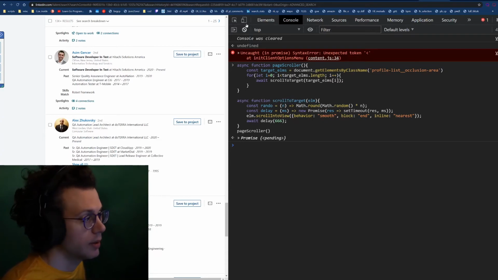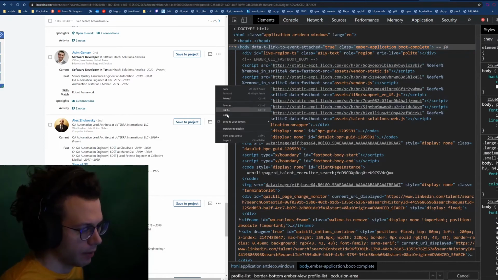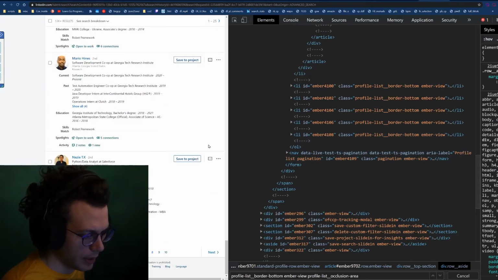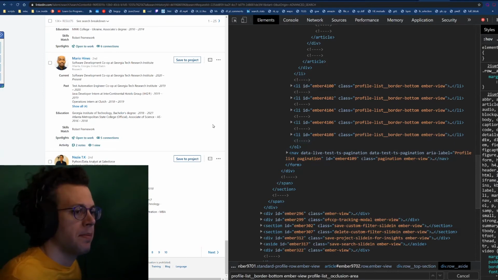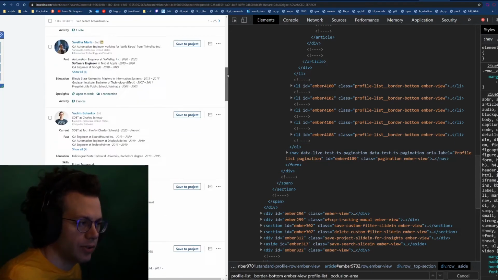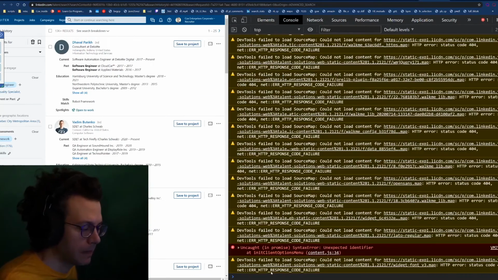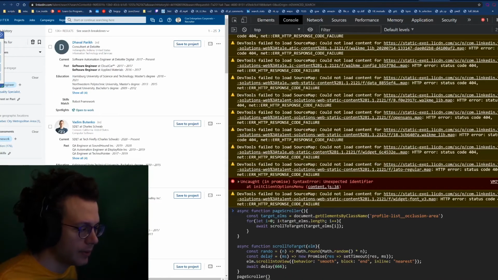Seems to have worked. Let's take a look and see if there are still any unrevealed elements. It looks like not. It looks like all of them were revealed. When I was playing around with this yesterday, it was not revealing all of them. So if that happens, where